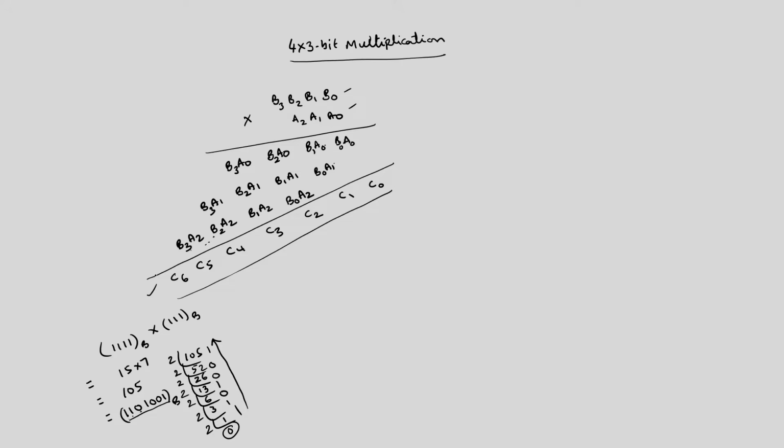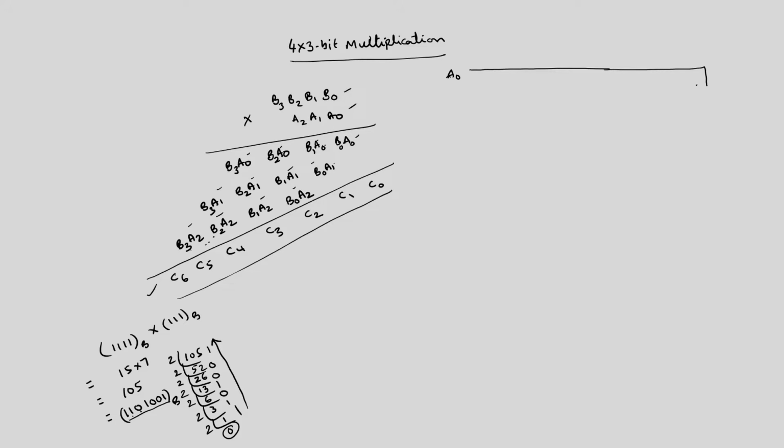Okay. So, now how to implement this using binary adder? Basically you have to first generate all these product terms. How many product terms are there? 1, 2, 3, 4, 5, 6, 7, 8, 9, 10, 11, 12. 12 product terms are required. So, we can use 12 AND gates to produce these 12 product terms. Basically I am giving first A0 as a line common to 4 AND gates. This is the A0 line.